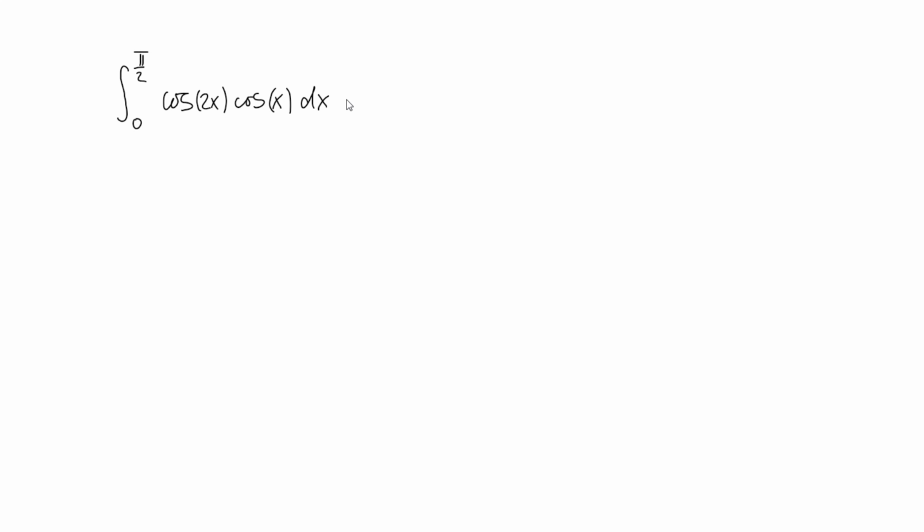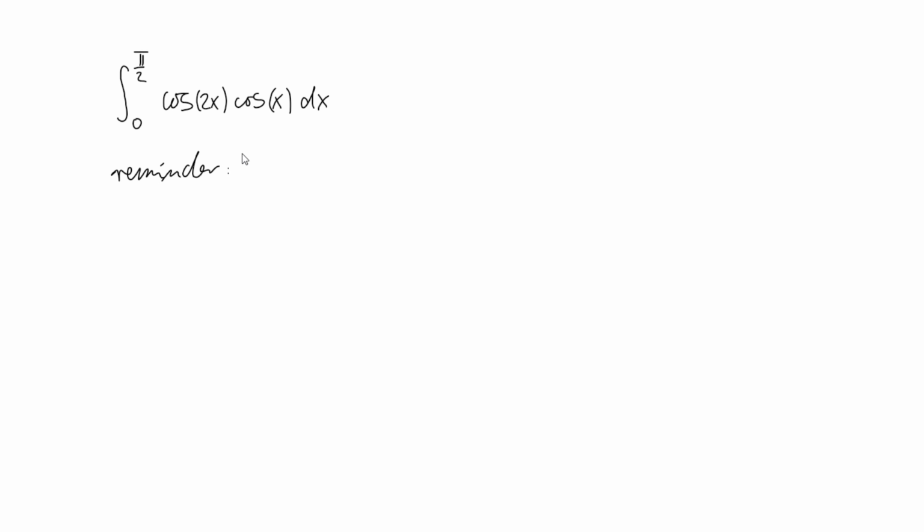So we want to integrate cosine of 2x times cosine of x from 0 to pi over 2. And so there's a product, we don't know what to do, but we know something. So we can use maybe the addition formula for the cosine. So the quick reminder